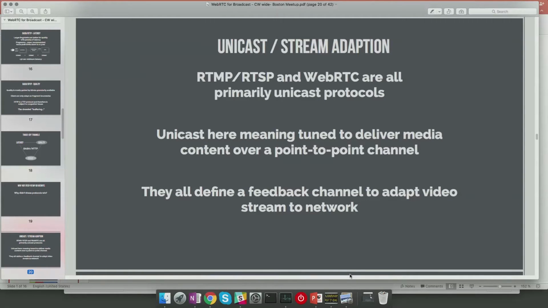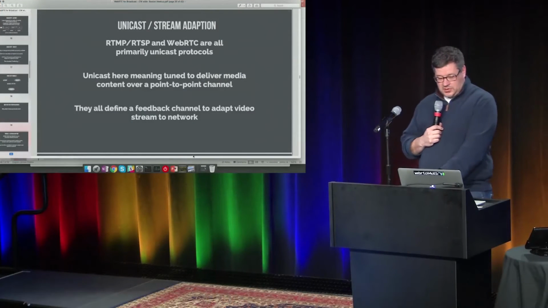And they tune the delivery of the media based on the feedback channel. The receiver is talking back to the sender to provide feedback on how you're doing: can I send more data, can I send less data, am I getting a lot of packet loss? A lot of different media statistics that help you adapt very quickly to different network conditions.